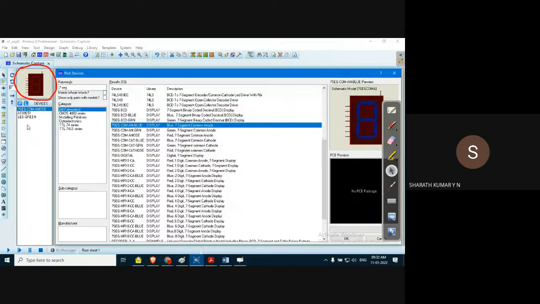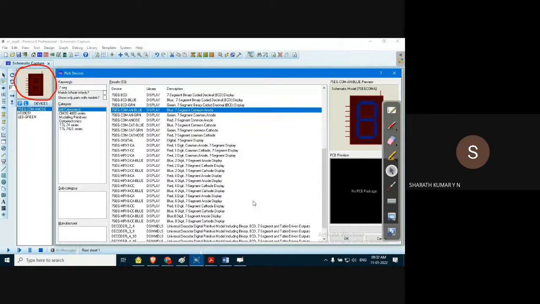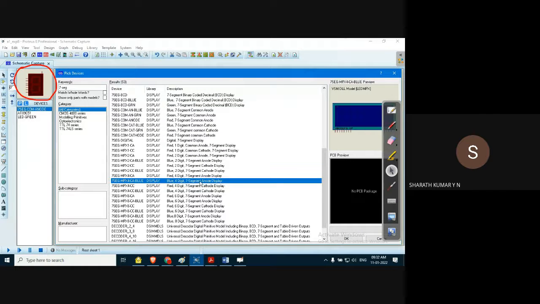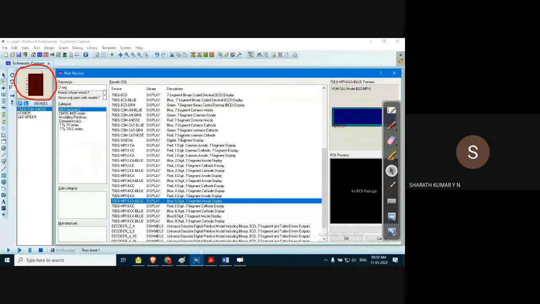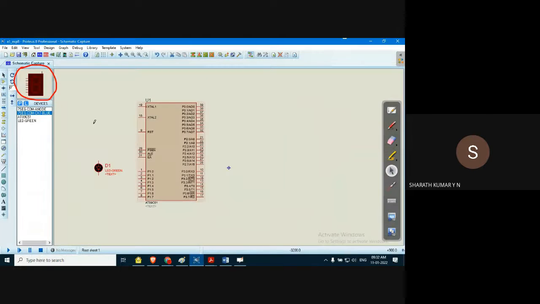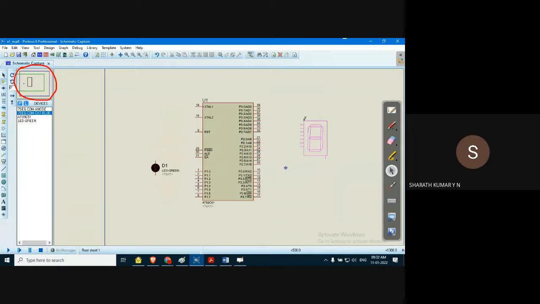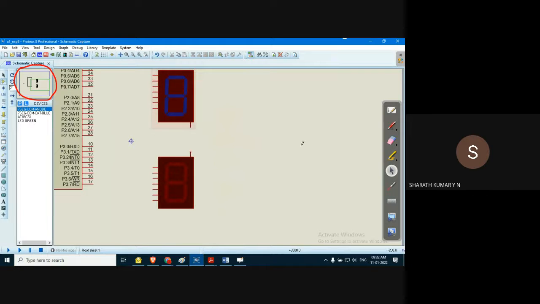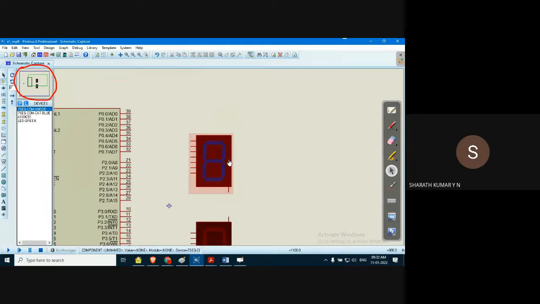I selected seven segment display common anode. Now I'll select seven segment display common cathode. Yeah, here it is, common cathode. And we'll see what is the difference. Very simple. Now this one, seven segment display, was common cathode, and this is what is known as a common anode. If you observe the difference, guys, it's very simple.